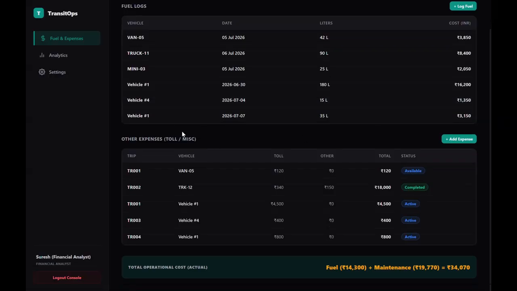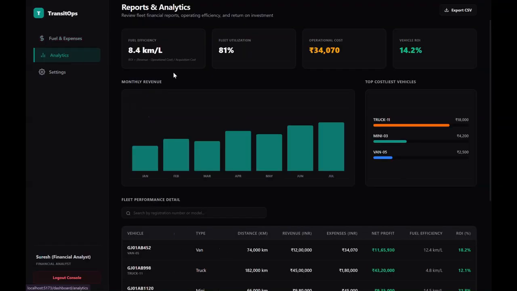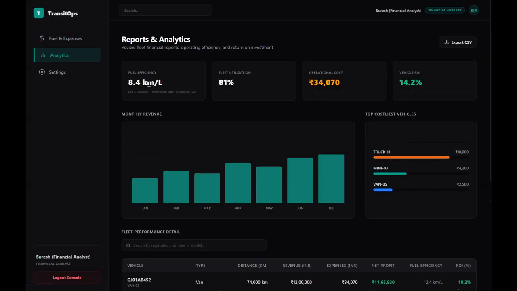Other expenses are also mentioned there, like the trip ID, which is defined here, then what kind of vehicle it is, and the toll that has been imposed on the vehicle. Other expenses are also there, that may depend on different sections. Then coming to the status section, the status is whether the vehicle is available, completed, or another kind of status. Then here is the analytics part, which covers fuel efficiency, fleet utilization, operational cost, vehicle return of interest,